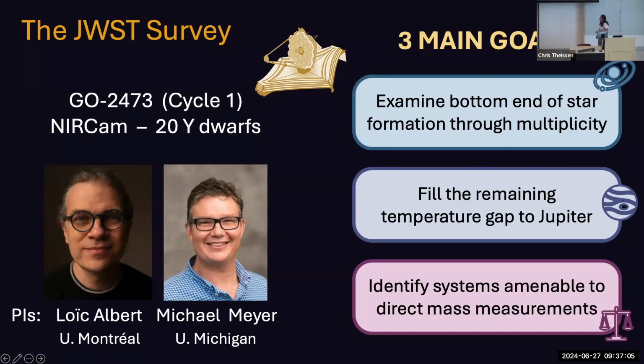And finally, because I'm focusing here on fairly tight orbital separations, it means that any system we might discover would be amenable to orbital monitoring, which means that we could get dynamical masses over just a few years. And that would be really valuable to constrain theoretical models in this new, very cold temperature regime where we don't have much empirical validation for models yet.